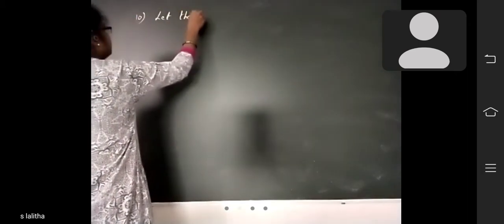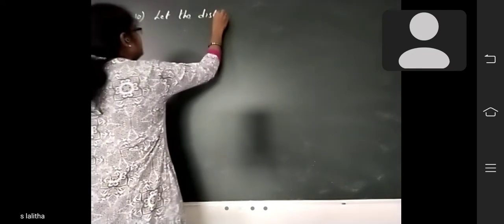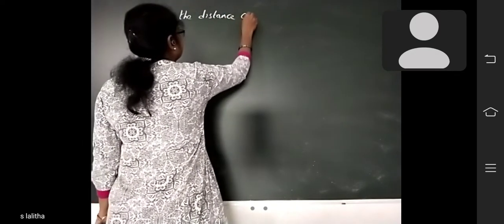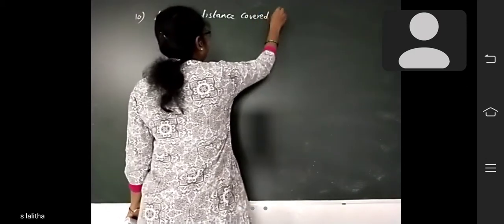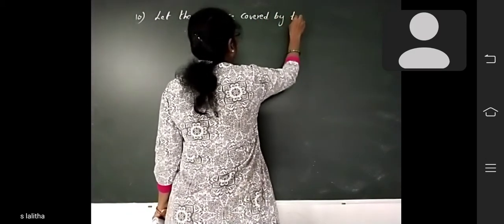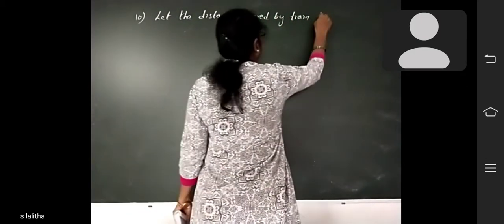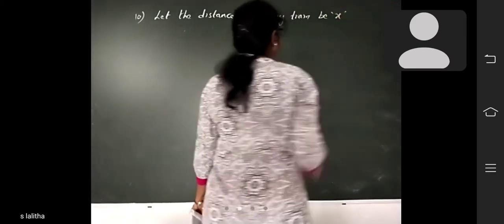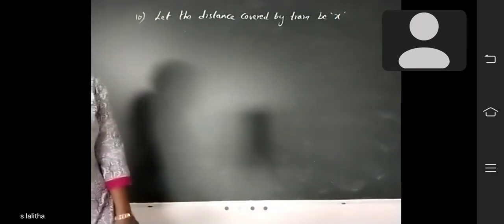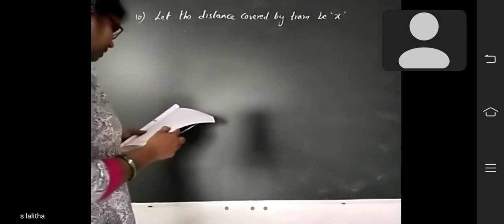So let the distance covered by the train be x. Okay, let the distance covered by the train be x. We don't know the distance, that's why we are taking x. Next, what is given? Time taken